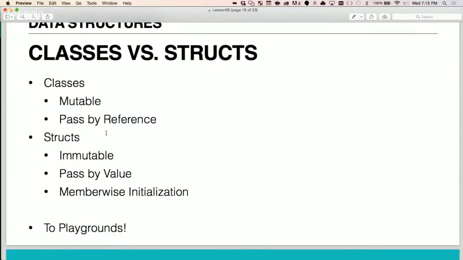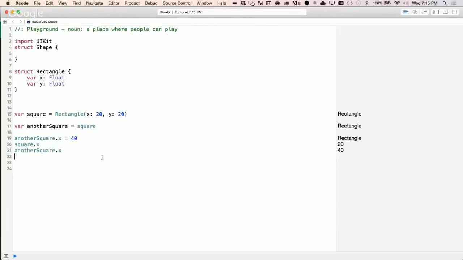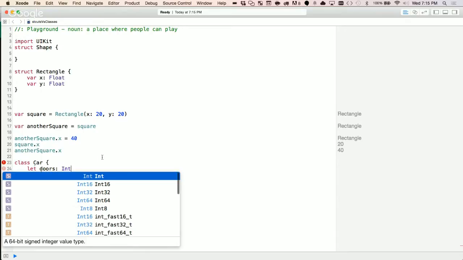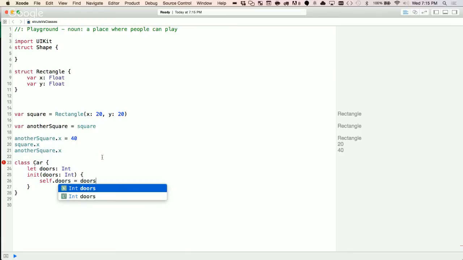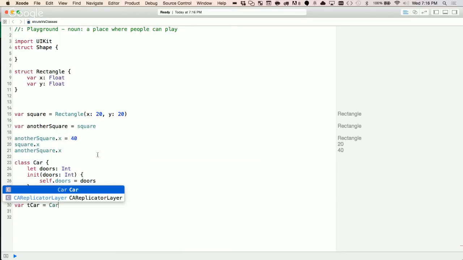One more thing to mention here is constants in classes. We didn't spend too much time on this. If I have a class Car, I'm going to do let doors, it's an Int, and I do init doors Int, right? You guys remember this? Then how do I set doors? So self.doors equals doors, right? So now if I do tcar equals Car doors, I'll set that to 4. So if I do tcar.doors equals 5,